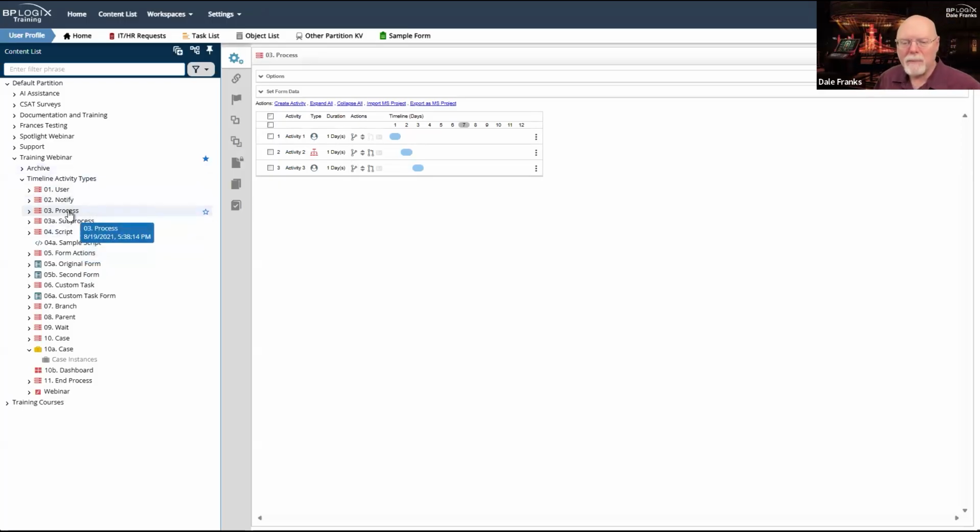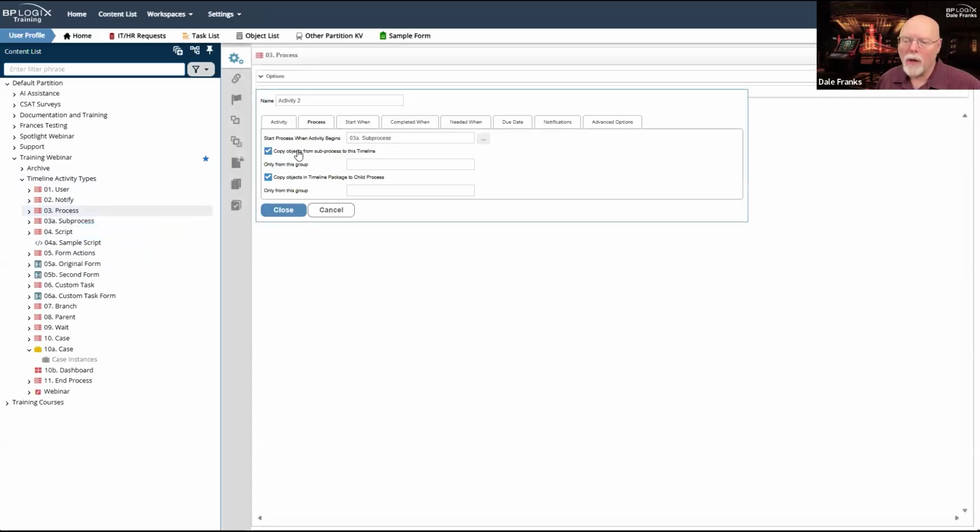The thing about the process activity type is that when I call this sub-process, it is always called synchronously, which means this activity is going to start, and then this parent timeline is going to wait until whatever sub-process I call is completed.